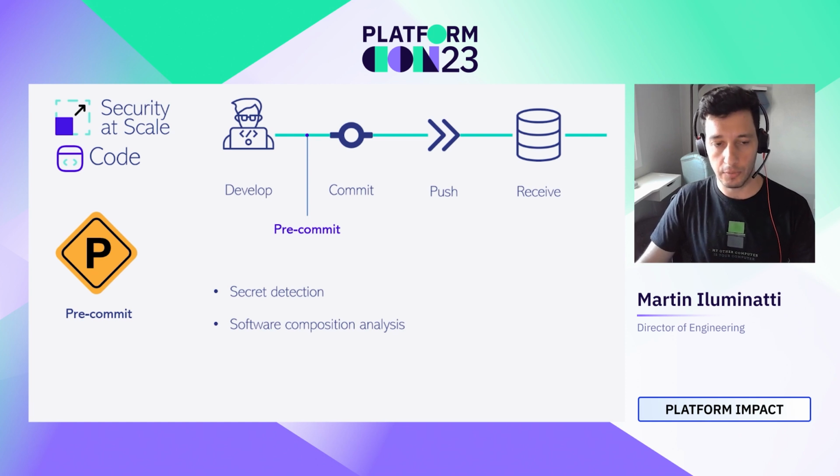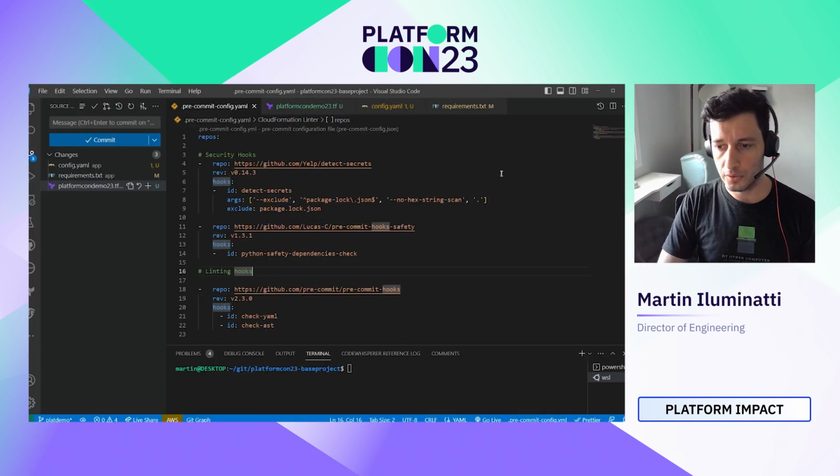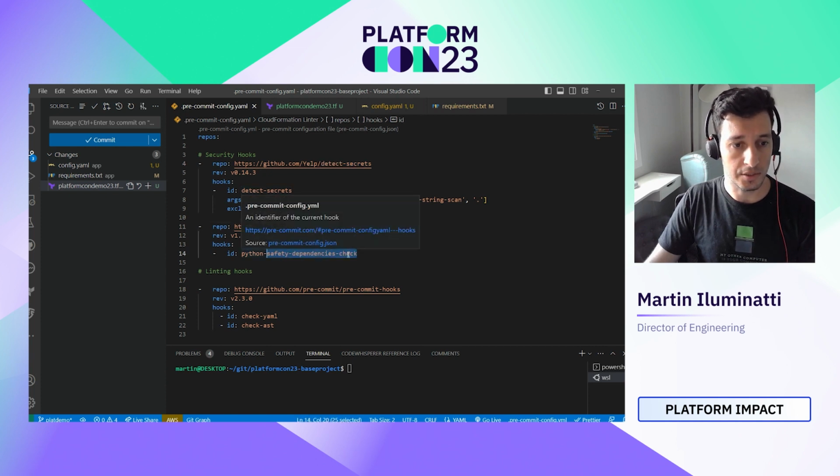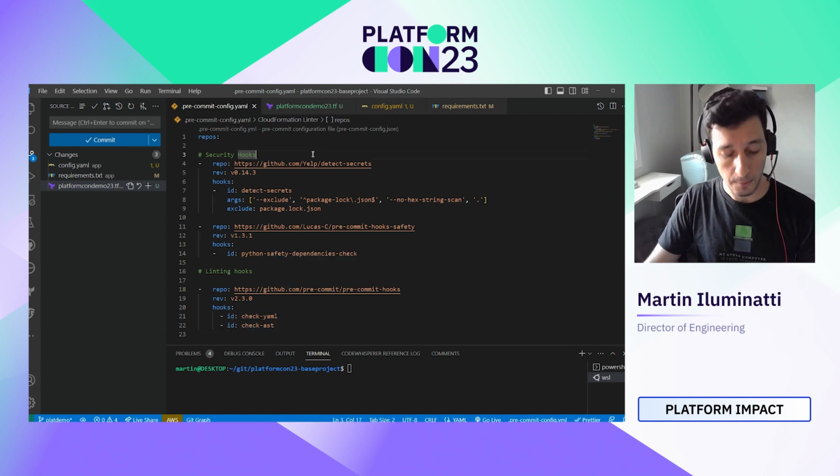In our case, we're going to be using it for a few tasks, so for secret detection and for software composition analysis. Pre-commit hooks can be described through a file as well, which is the pre-commit config.yaml file. This also allows us to provide this file with all the configuration when a new repository is created. In our case, we have one hook that is dedicated for detecting secrets, another one for doing a